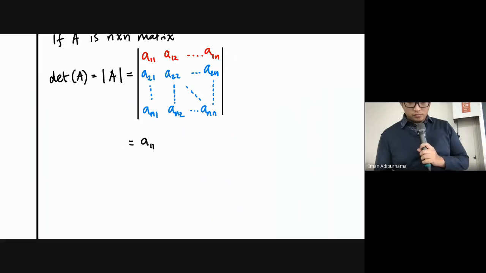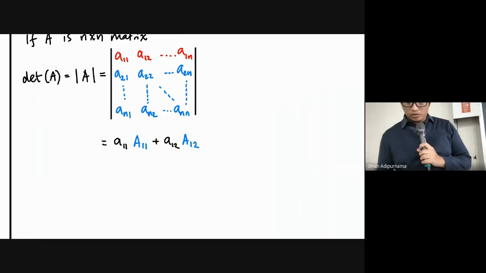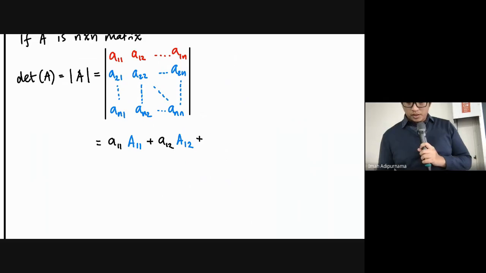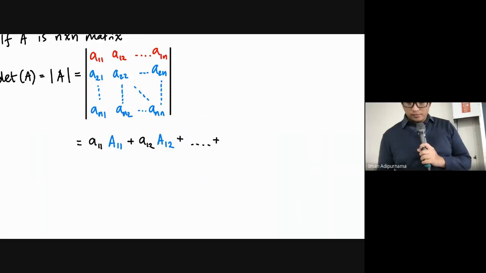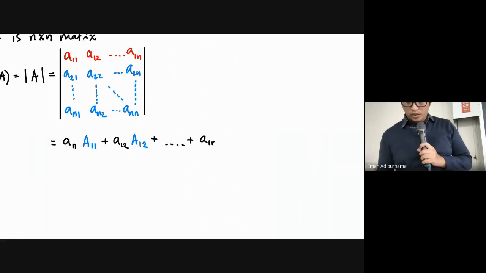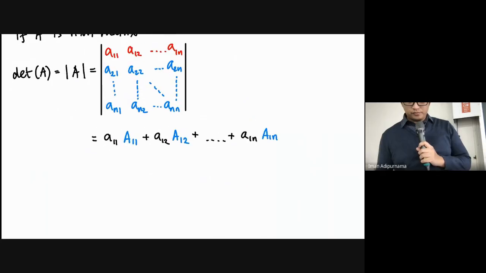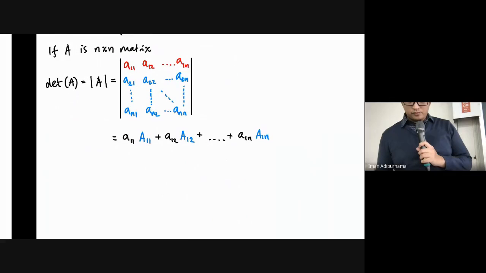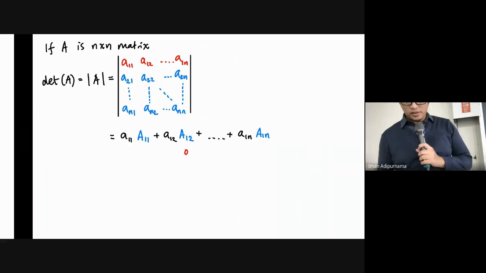A11 multiplied with the cofactor 1,1. Okay. And then plus A12 multiplied by the cofactor A12, plus, plus, A1n multiplied with the cofactor A1n. Or, okay,